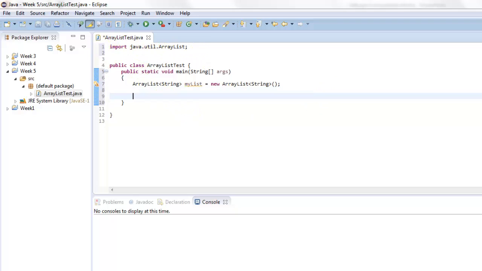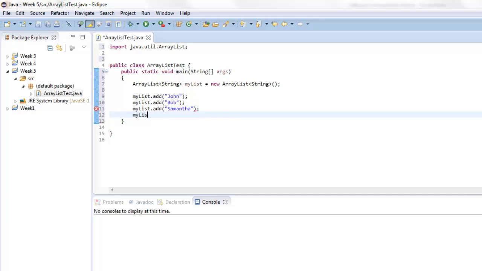java.util.ArrayList. And then below that, let's say I add myList.add John, and then myList.add Bob, myList.add Samantha, myList.add Carlos. Okay. So you can loop through and print out all these elements, or you can just use the